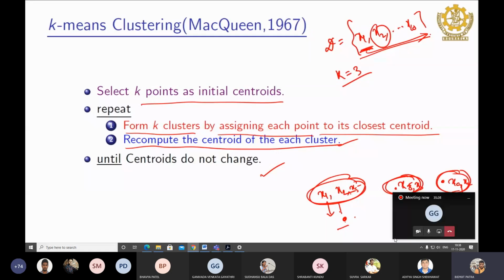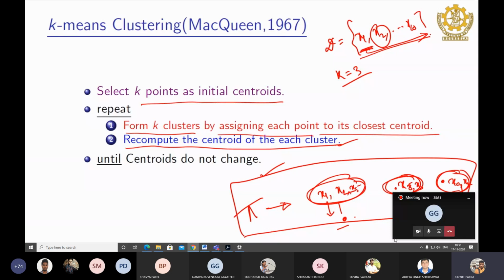If there is no change of the centroid, then the cluster membership also will not change. If you assign all the points, they will be assigned to the same centroid. And that is because it has converged, so that will be my final output. The final output will be a flat clustering or a single clustering. Let's say pi. That is why it is called the partitional cluster.